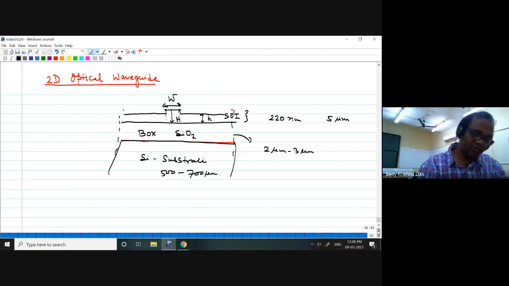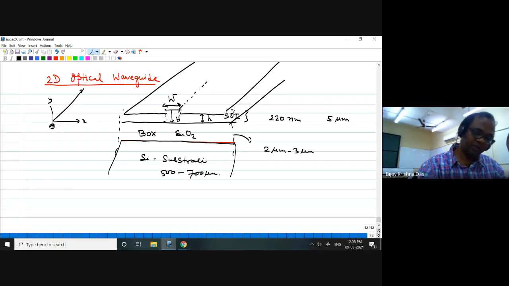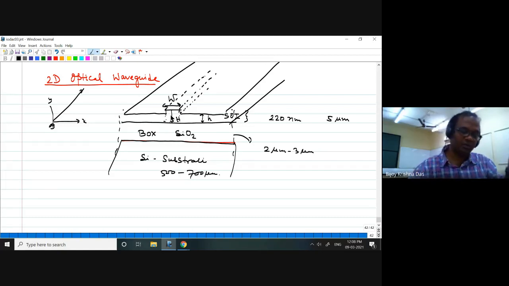In this region, you can see guided mode solutions that will be confined, and the light can propagate. This is x, and this is your y. Sorry, this is your y. Then you can consider this direction, the longitudinal direction, along which light will be guided. So light can be confined and guided. As long as you maintain your cross section, light will be confined, and you can bend it or whatever. So this is a waveguide.